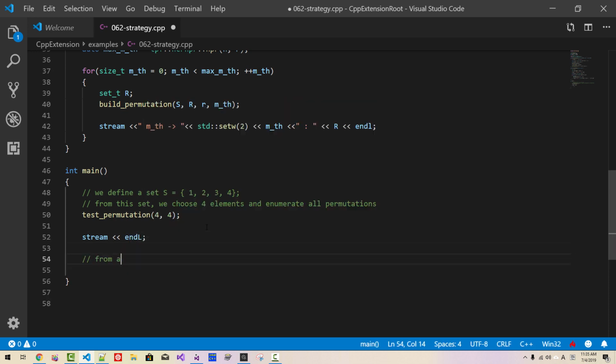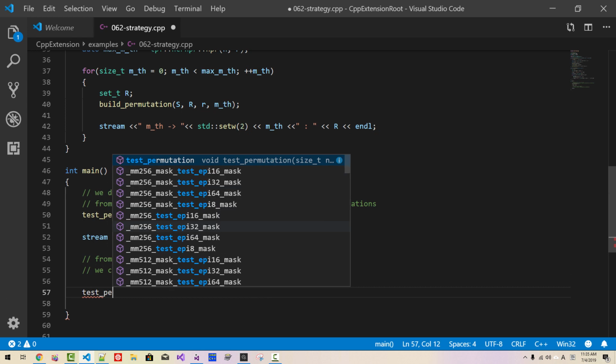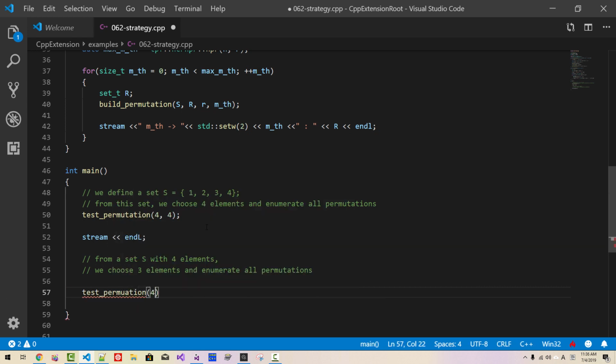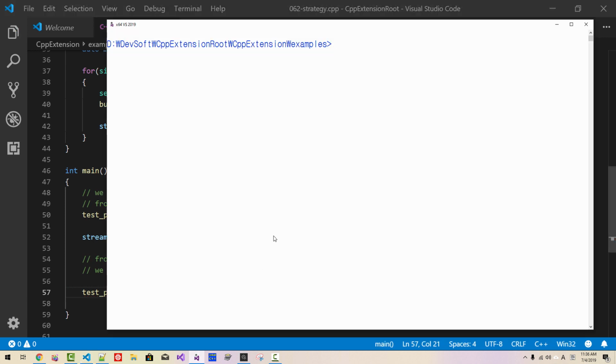From a set S with 4 elements, we choose 3 elements and enumerate all permutations. Test permutations for 3. I will copy this and paste it here. Start command prompt. We will build